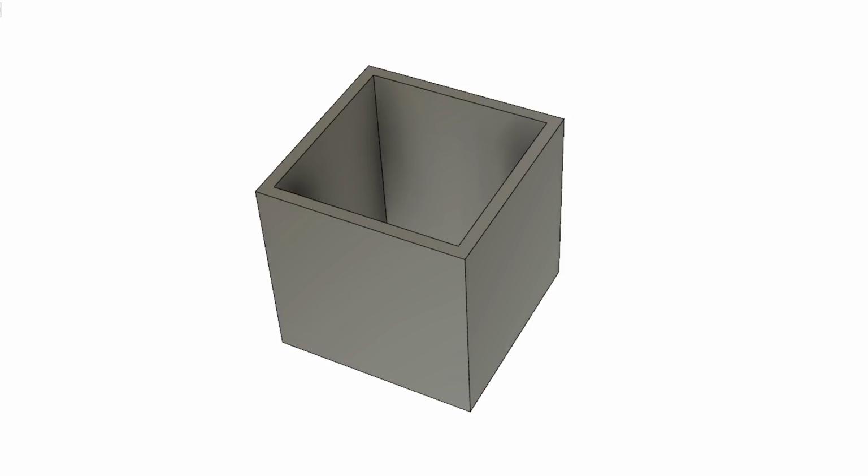So as always, I started by drawing a quick mock-up design in Fusion 360. I didn't really know what I wanted the candle to look like, so I started by simply creating a hollow square, just to get some inspiration. But I liked this design already quite a bit,